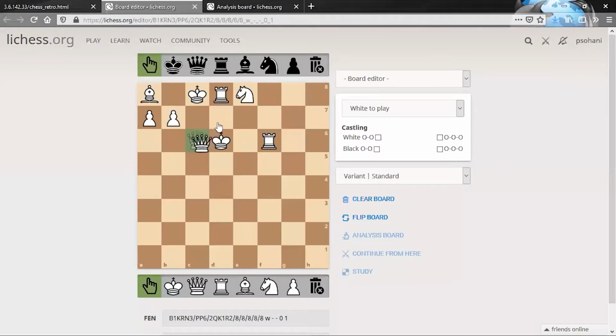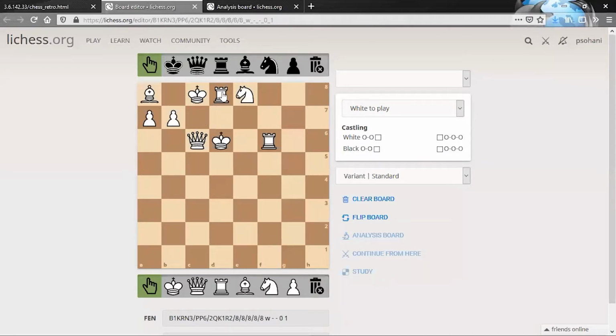But how could this queen be here and block this? This queen would already give check to this king, so there is no way in which these two pieces could give a check to the king on d6. So the only possibility is that the double check is given to this king, but that doesn't seem to solve the problem, because then how did this rook move out of this line and give a check like that? So there is something happening here which is allowing this to happen, and it's not hard to see that because we are at the last rank of the board. It looks like a pawn promotion situation.